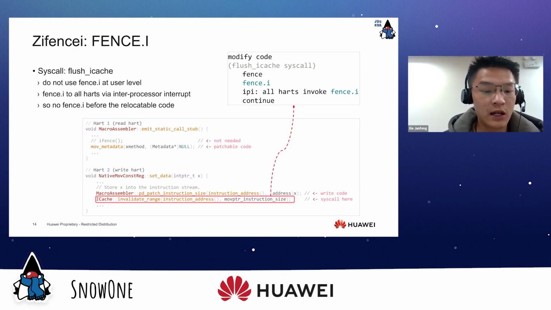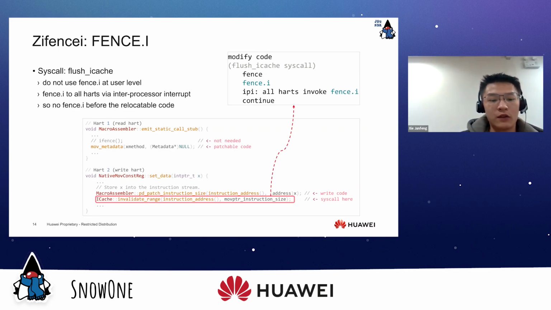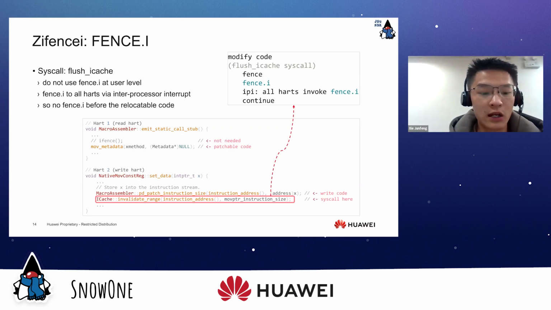As you can see, we have a patchable code here on a read heart, and we don't choose to put a fence.i before it. All we need is to call the flush iCache syscall after modifying the code on the write heart. In the syscall, it not only invokes fence.i for the current heart, but also calls an IPI and makes all other hearts also invoke fence.i.